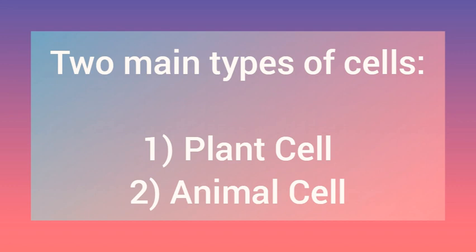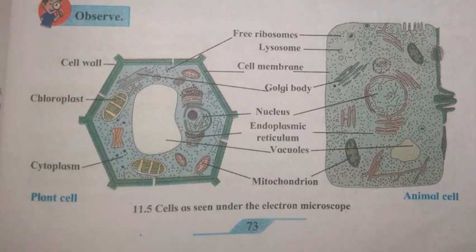There are two main types of cells. The first one is plant cell and the second one is animal cell. Now we will see in details of those cells. These cells, means plant cell as well as animal cell, consist of various types of membrane bound cell organelles. Plant cell have a definite shape. Why? Because it shows the presence of cell wall around it. Only plant cell do have cell wall, but animal cell do not have cell wall.